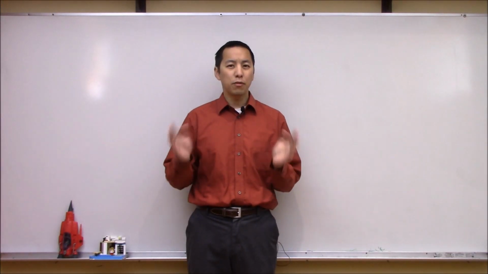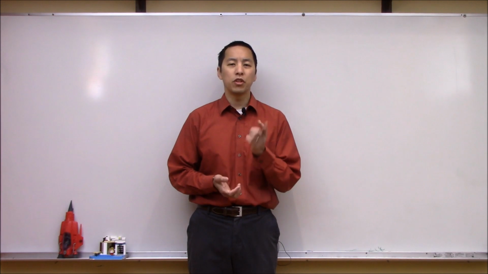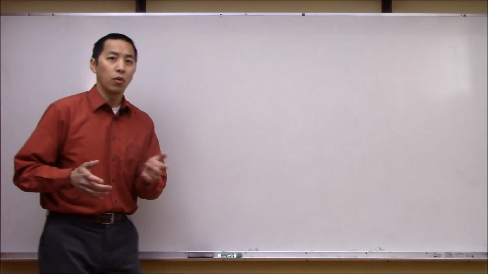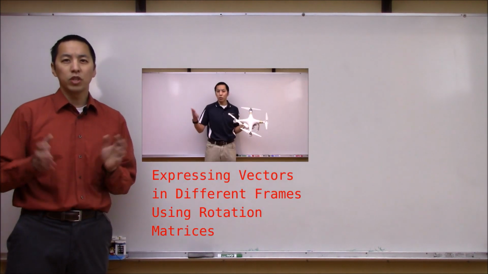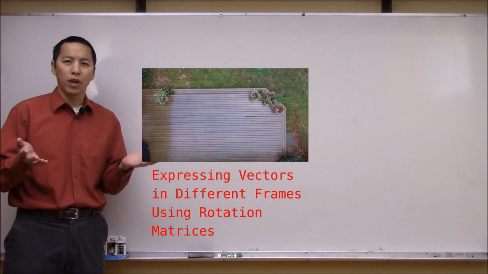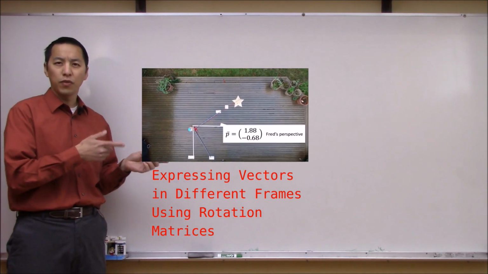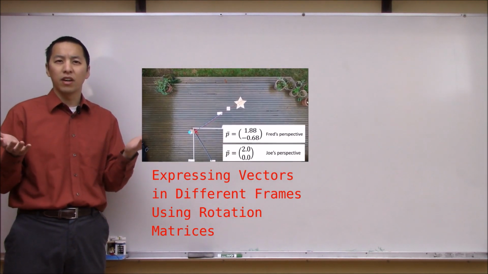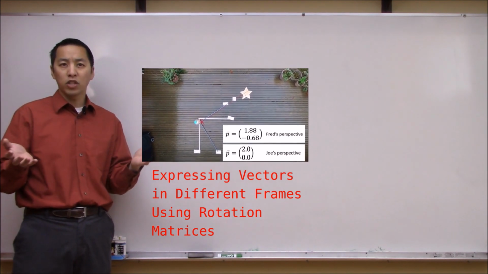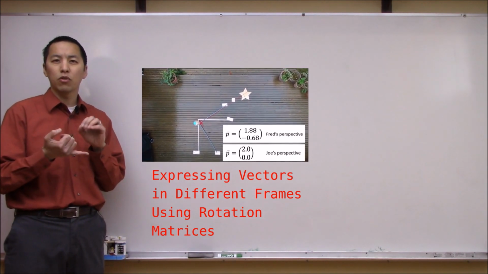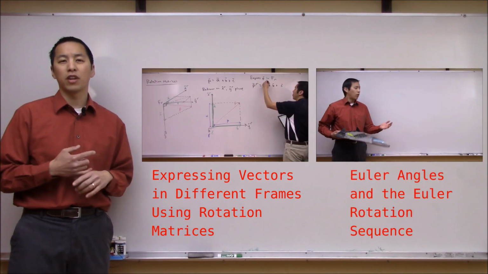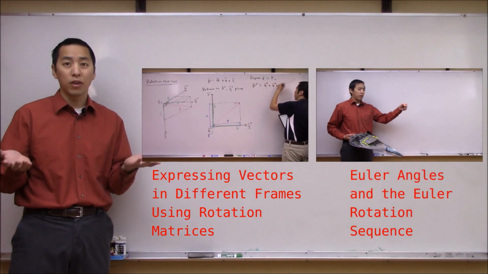Today I'd like to expand on some of our previous discussions where we talked about how to transform a vector using rotation matrices. In these previous discussions we showed how you can use a rotation matrix to express a vector in different frames. If you haven't seen this first video discussing expressing vectors in different frames using rotation matrices, please make sure you watch this first, as these ideas are going to be critical for the discussion today. Also, it wouldn't hurt to review the other video talking about Euler angles, as this may also help comprehension of